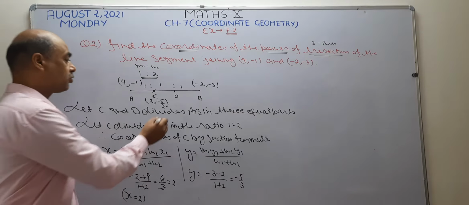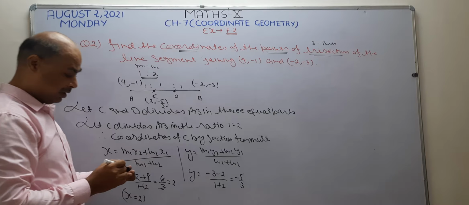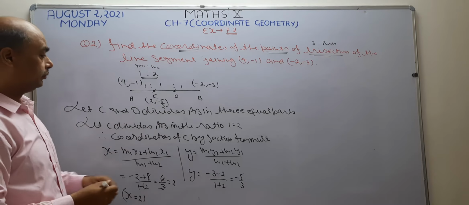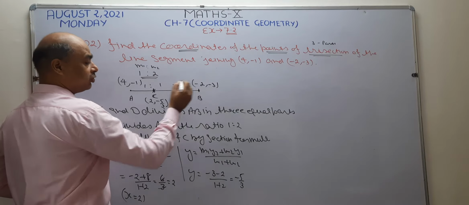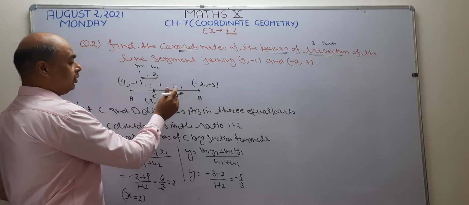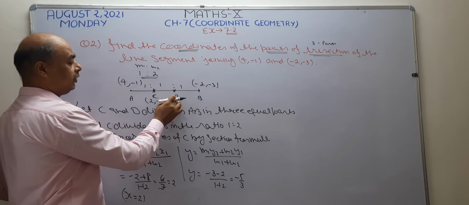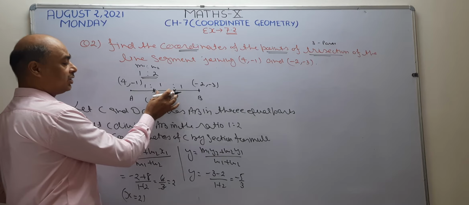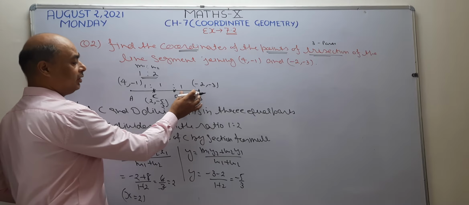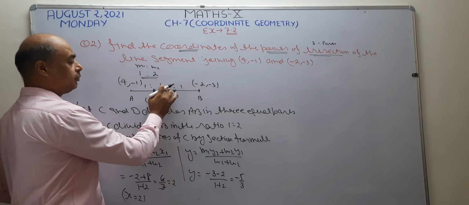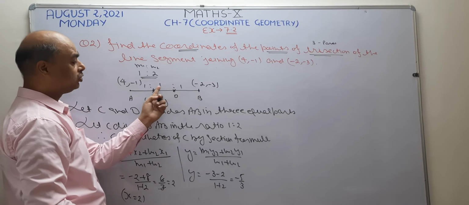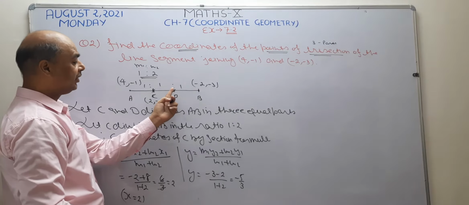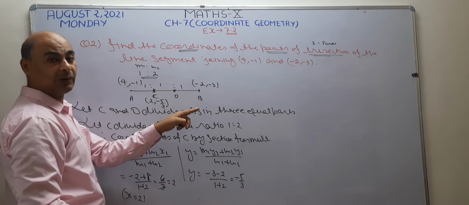Now we want to find the coordinates of D. When I find the coordinates of D, the coordinates of C and B are available. In the left of C, how many parts are there? 1 part. In the right of D, how many parts are there? 1 part. So this ratio becomes 1:1. And you know that when the ratios are the same, we use the midpoint formula. Okay, I am going to find the coordinates of D by using the midpoint formula now.